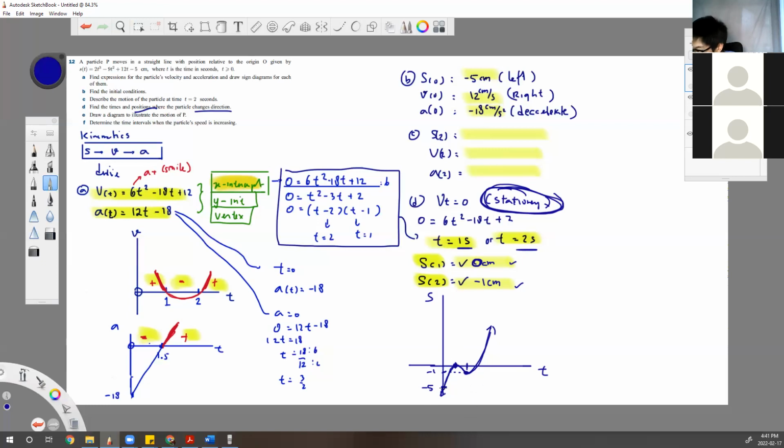So the starting point is here, right? I use the other color, the red one. This is the starting point, and the other point, the stationary point, is here. So we know that this is the curve. It cannot be like this because this is a stationary point, so it has to turn, turn, turn. If you want to prove it,